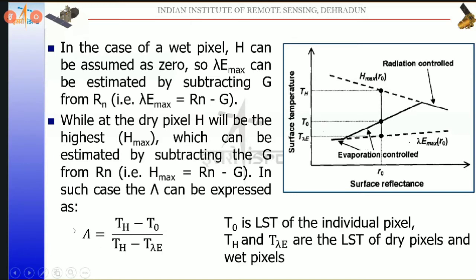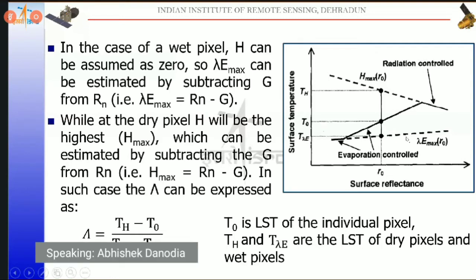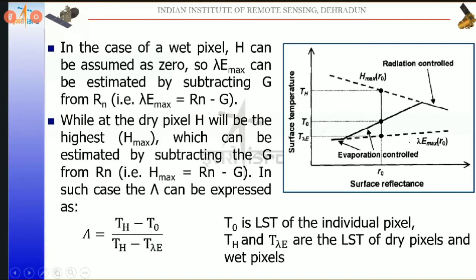as the pixel or point tends towards the evaporation control line, the evaporative fraction value increases. If the evaporative fraction value increases, it means your ET or transpiration value increases. The same information I defined in the earlier slide: